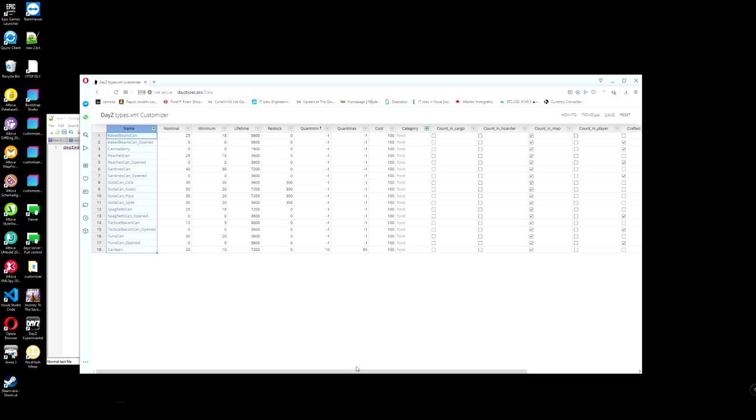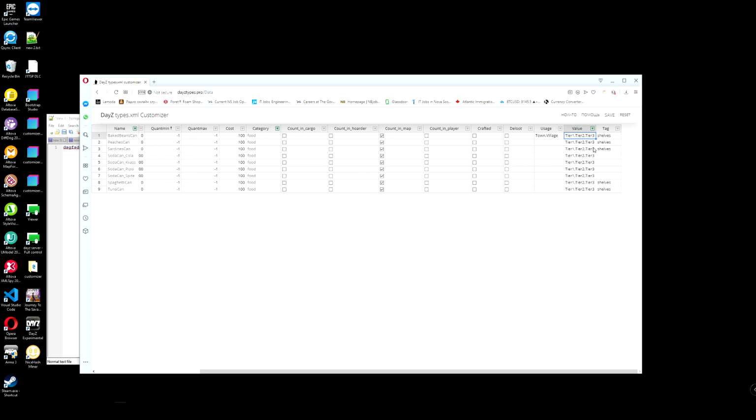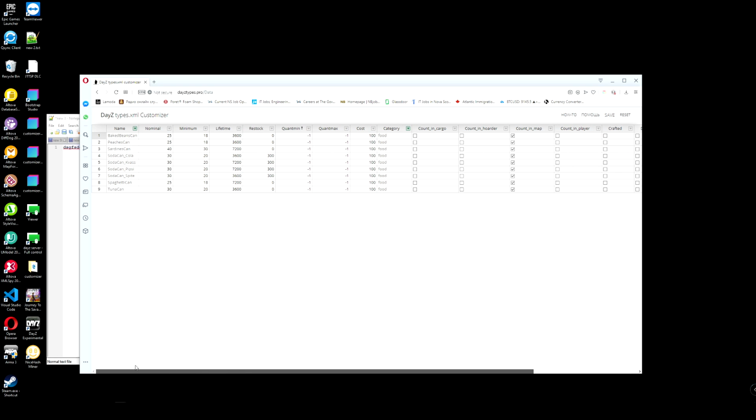And you can use it multiple times. For example, we want the value only from tier 3, right? So here we go like this, contains tier 3. Boom. And only tier 3 items from the food category. Yeah, so this is how you edit your items. And copy paste is also an option.